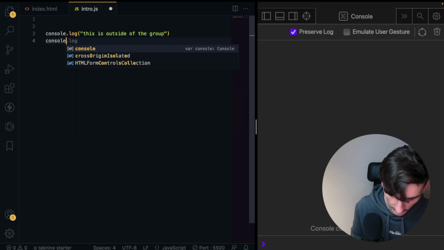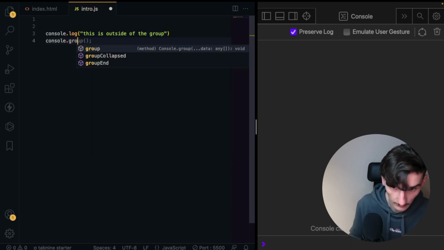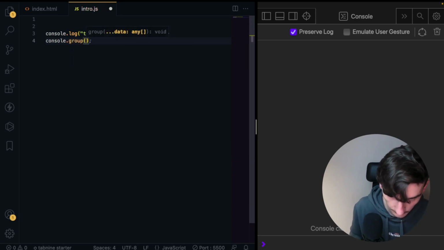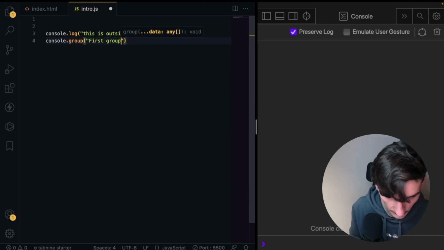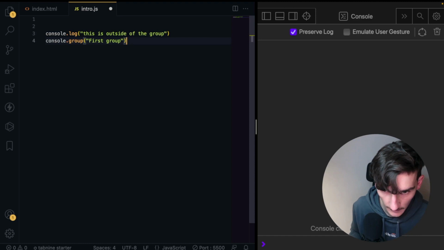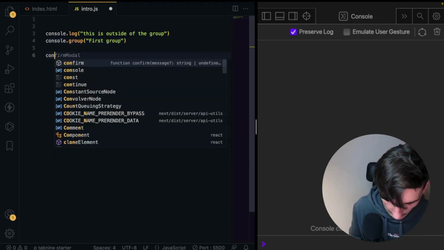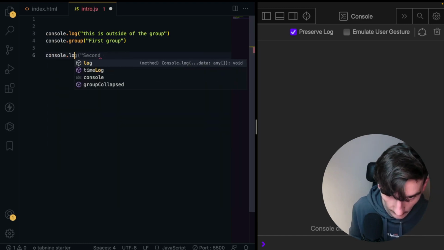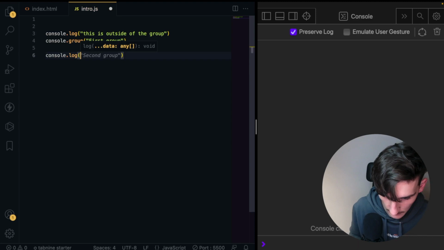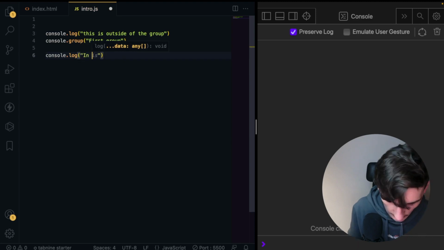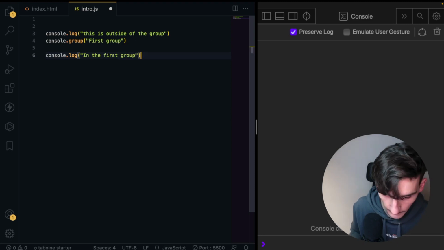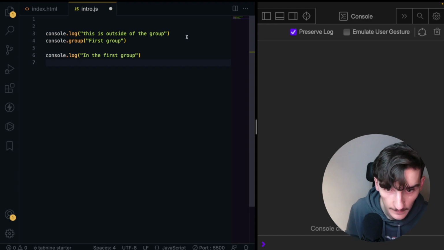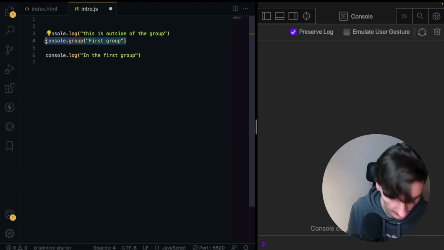Then console.group, first group, then console.log in the first group, then I will make the second group,